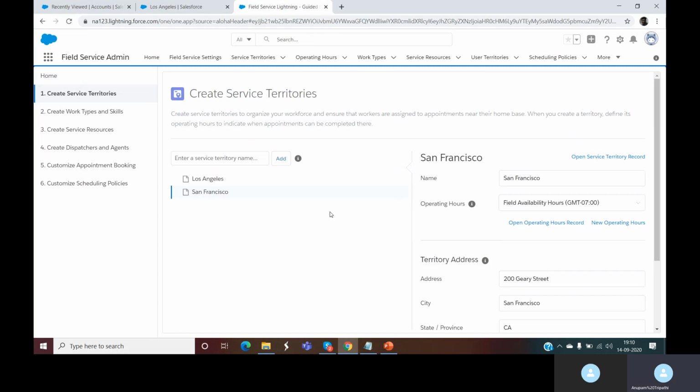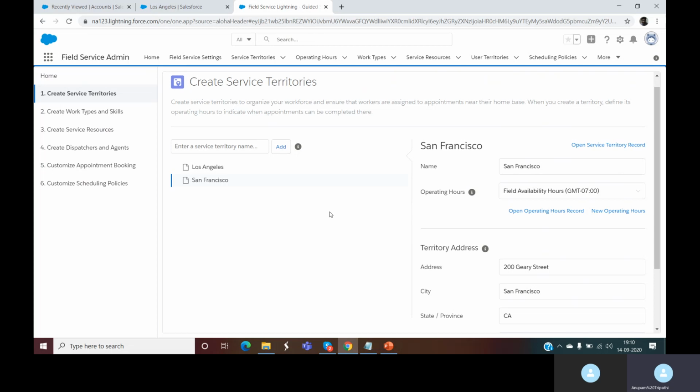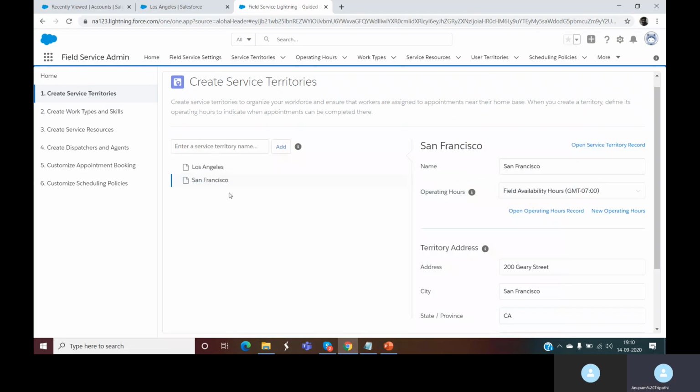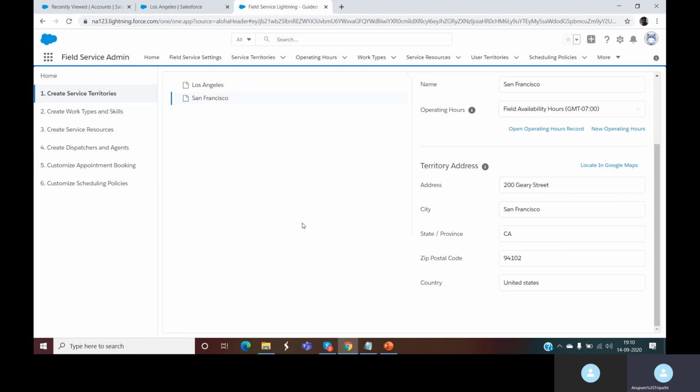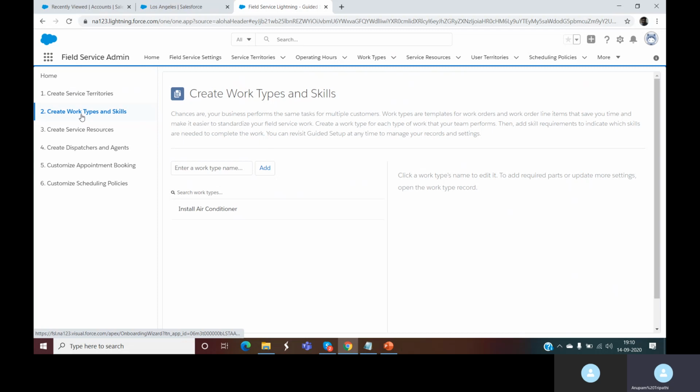Now, we also want to create the additional work type, because if you remember, we had done skills for installation. We also need it for maintenance and repair. So we can also go and do it for that as well. There is another option for creating a work type and skills. So we'll click here.